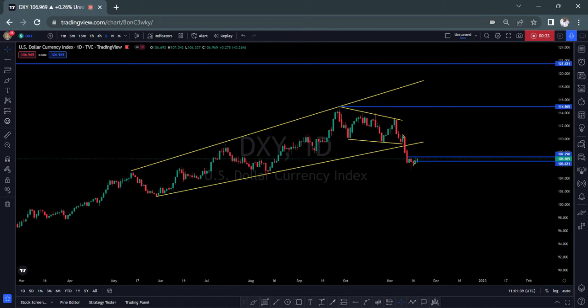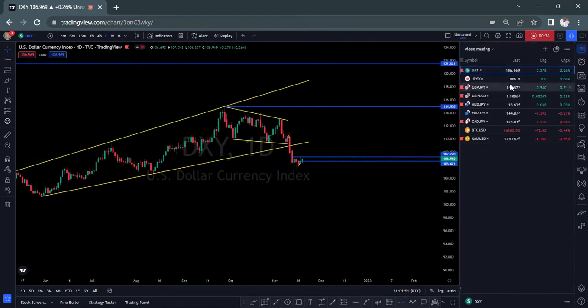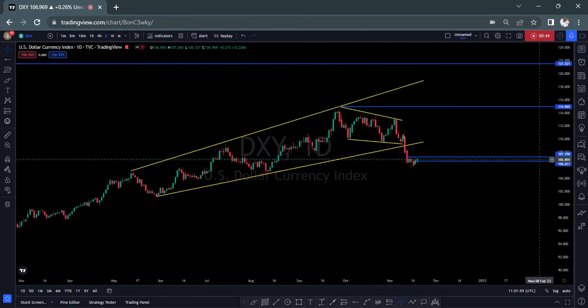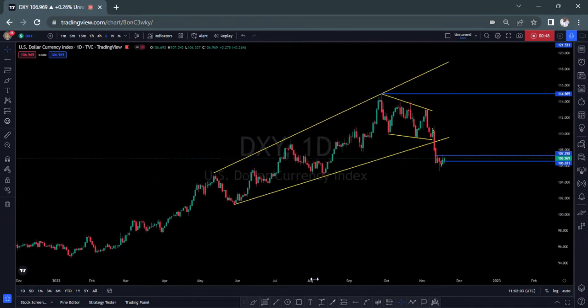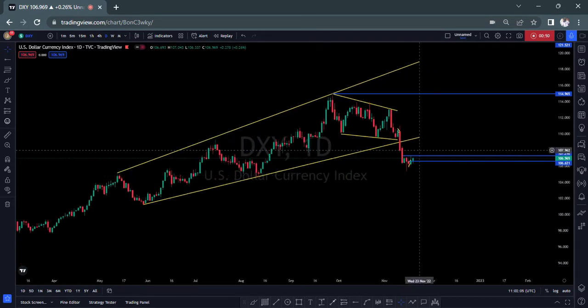So we'll be starting from the DXY. I think I have 3 or 4 pairs on my watch list that I'll be looking into. Apart from DXY, I have GBPJPY, GBPUSD, and AUDJPY. I think that's all. So DXY has been making some kind of funny